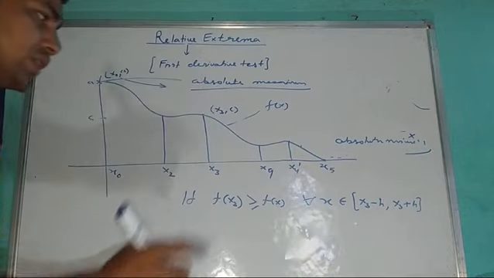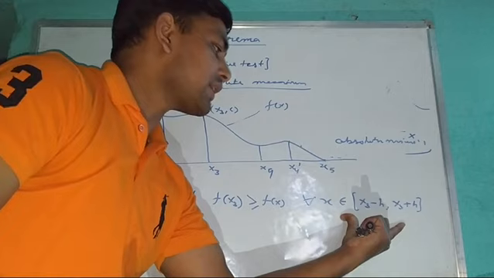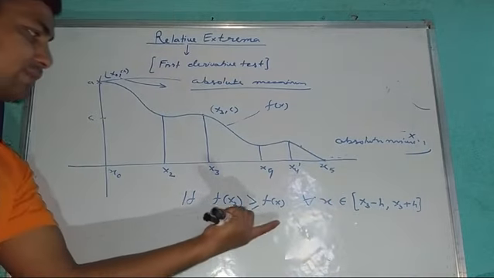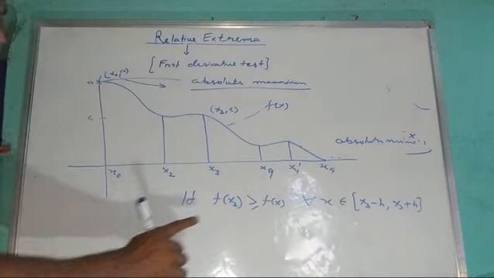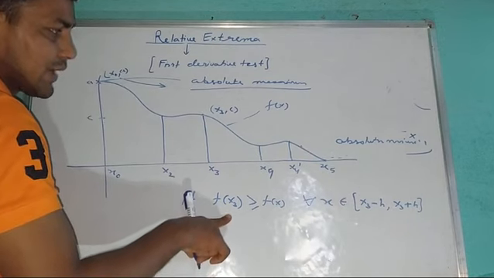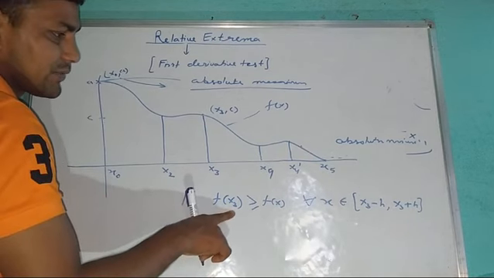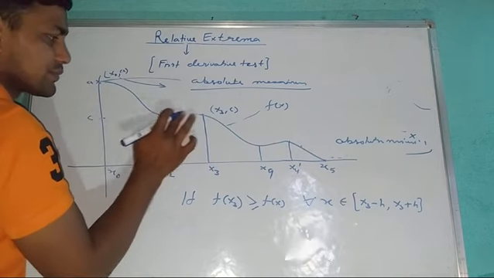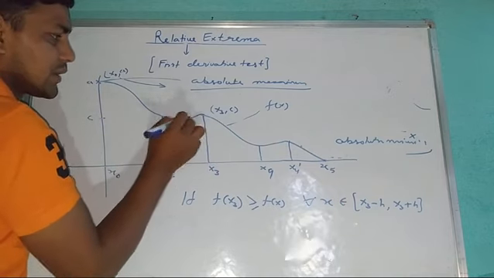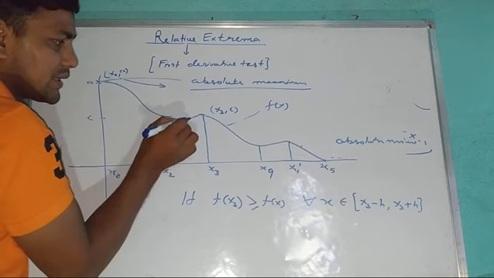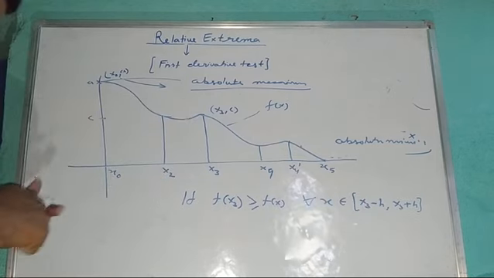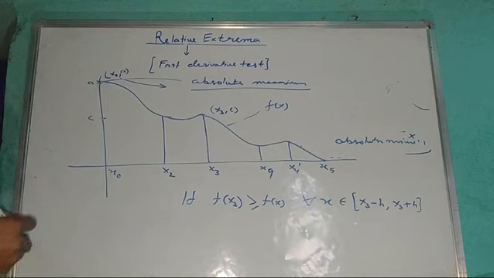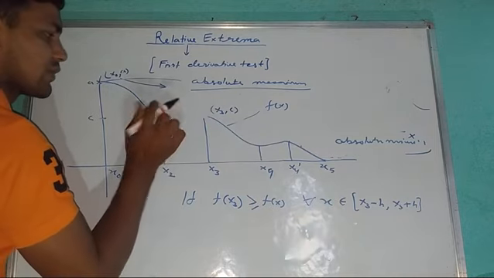Okay, only for the neighborhood of x3, if this condition is satisfied, then this is the local maxima. Okay, for example, this is the, when we approach, for example,